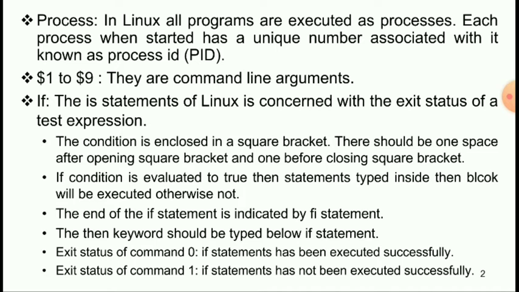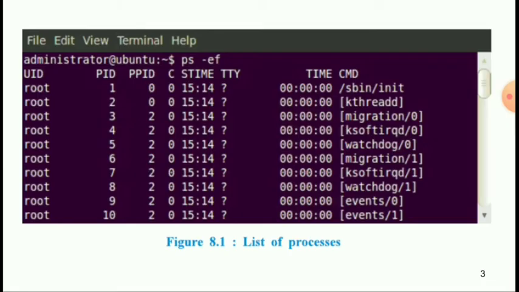So the ps -ef command lists the processes. Table 8.1 gives the meaning of some of the columns listed. First is UID, which means the name or number of the user who owns the process. Second is PID, which means a unique numeric process identifier assigned to each process. Next is PPID, which identifies the parent process ID, the process that created the current process.